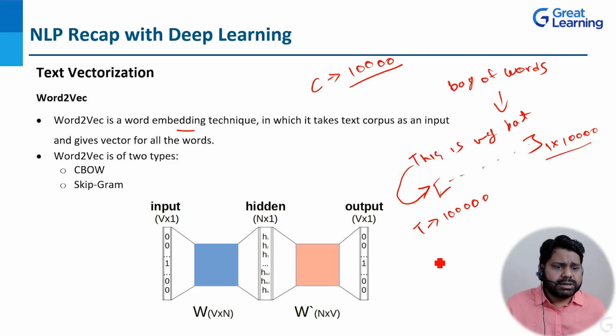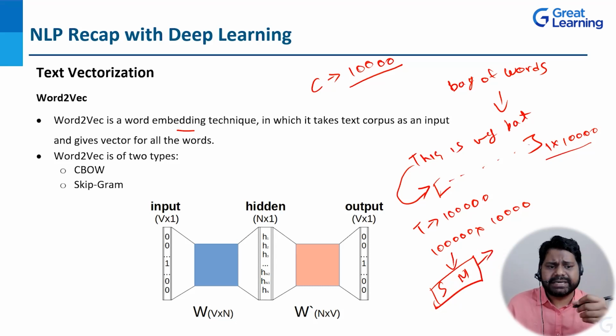Then our matrix will be 1 lakh cross 10,000. So this will be a sparse matrix, and this sparse matrix is very difficult to pass through a model and train a model which can perform